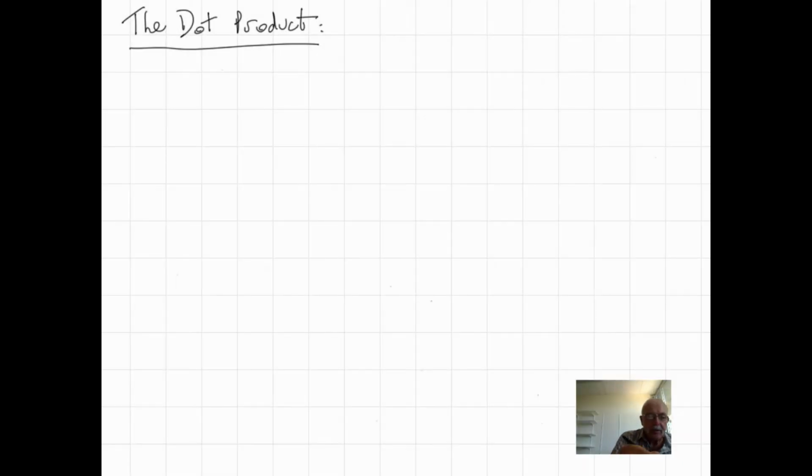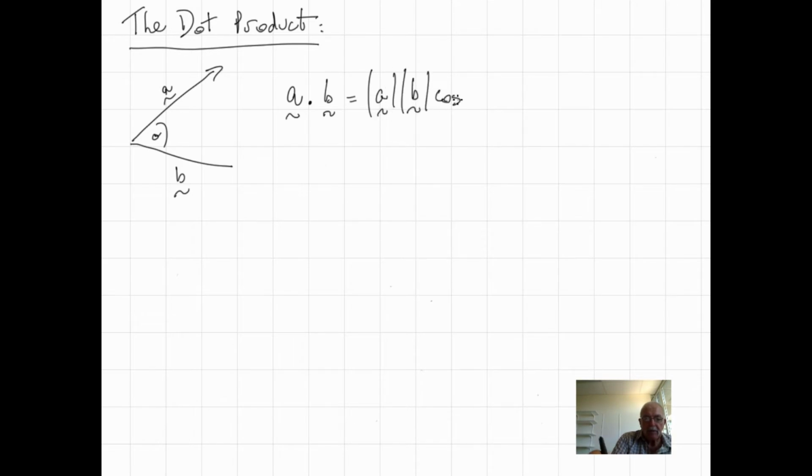We've already seen that the dot product, or the scalar product of two vectors A and B that have an angle of theta in between, the definition of the dot product is that A dot B is equal to the magnitude of A times the magnitude of B cos of the angle in between, which in this case is equal to theta. So we've already looked at that. There are some special situations, and the first one is that if